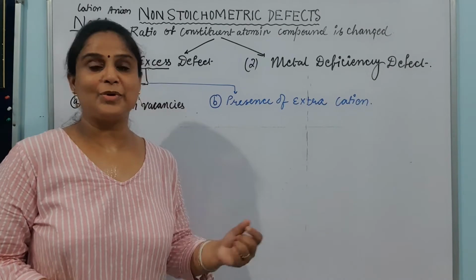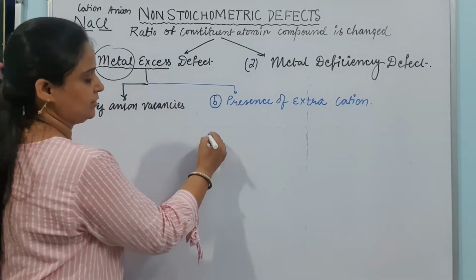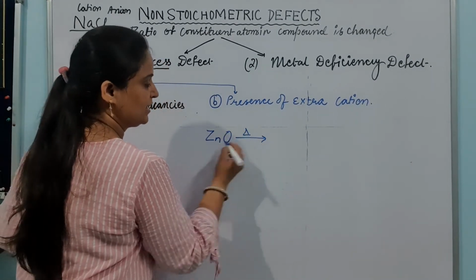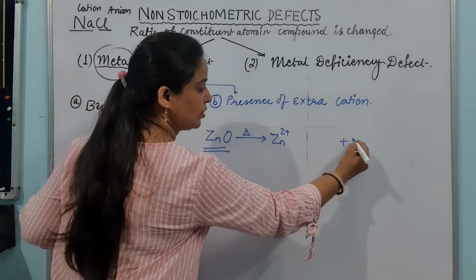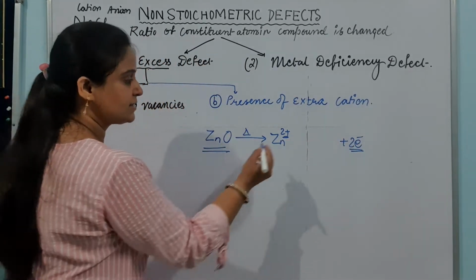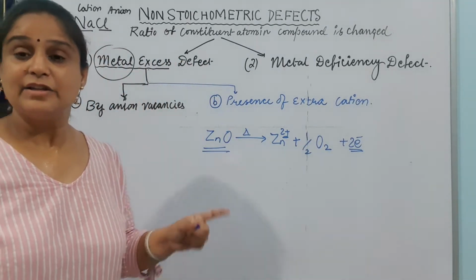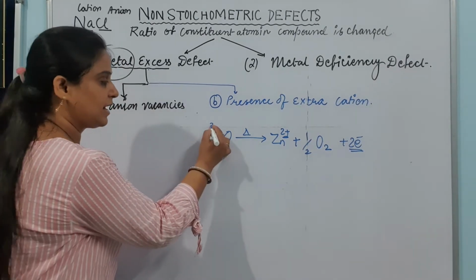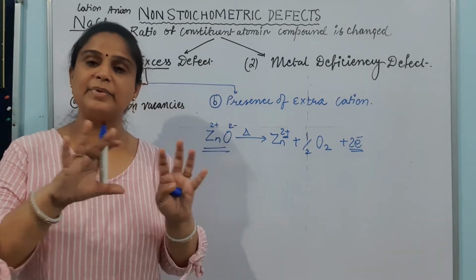So now we are going to talk about presence of extra cation in the interstitial spaces. Simple है. Let's talk about a crystal of zinc oxide. When we heat this zinc oxide, what will happen? This zinc oxide will start converting into Zn+2 ion by the loss of electron. So this is going to lose 2 electrons and will convert into Zn+2 ions, and the oxygen present in this will convert into oxygen gas. तो क्या होगा? Zinc and oxide, this crystal will be containing zinc ions and oxide ions. Zinc and oxide will be in a particular array, in a particular arrangement.